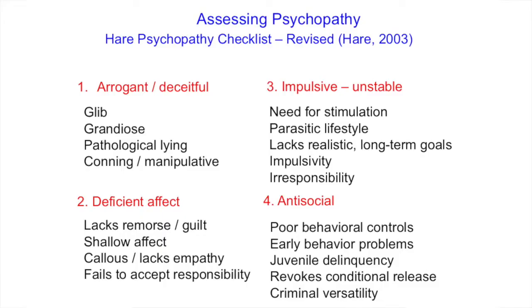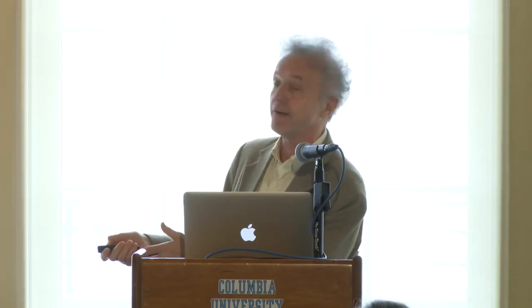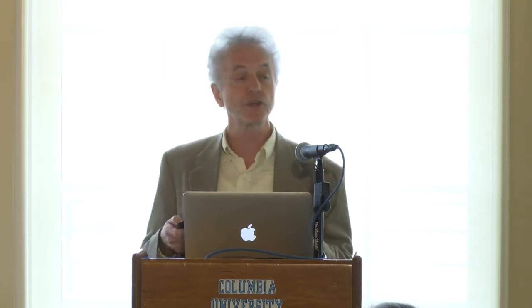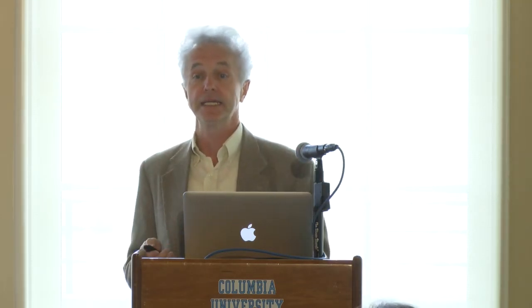Importantly, there's an antisocial facet, which is basically criminal behaviour. Poor behavioural controls as kids, early behaviour problems, juvenile delinquency, and so on. So amongst other things, we're talking about criminal offenders, but a group of criminal offenders who have these other features too. So that's an interview assessment of psychopathy in prison, but more and more there are assessments of psychopathic-like tendencies